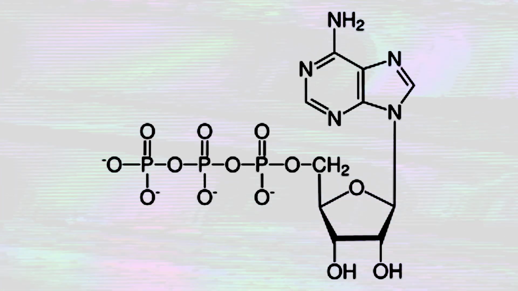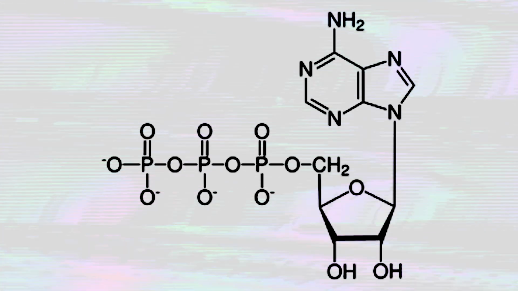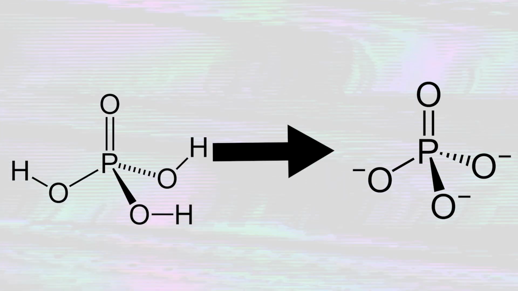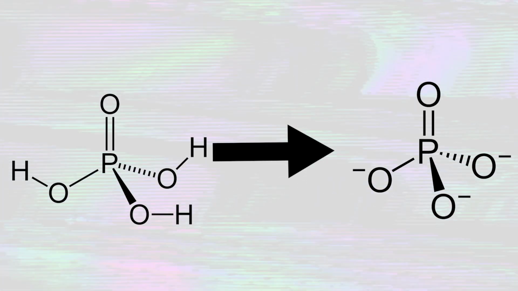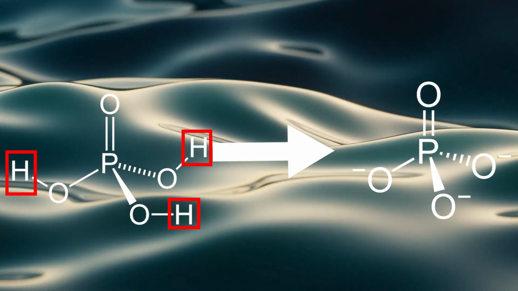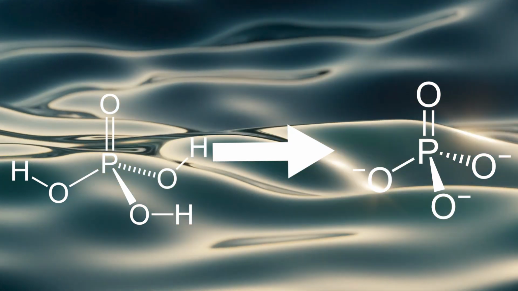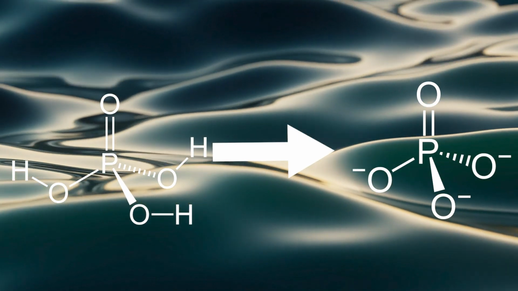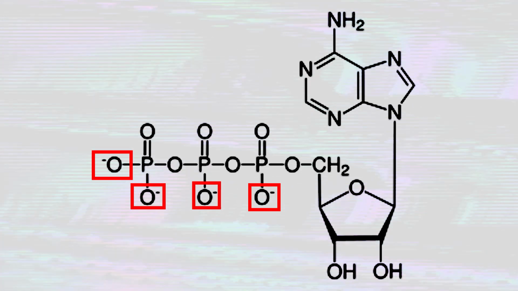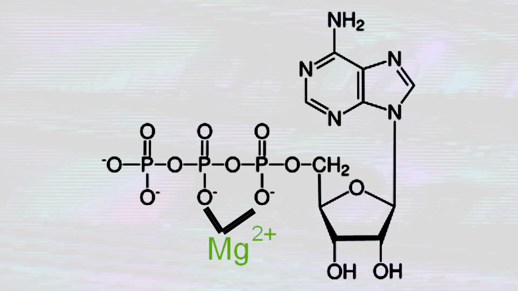If you look at the structure of an ATP or an ADP molecule, you'll notice that they have a lot of O- on them, because phosphate is a derivative of phosphoric acid. When this phosphoric acid is inside of solution, often the hydrogens will dissociate from the 3 oxygens to form PO4 3- as an ion, and then you're going to have 3 H+, which makes the solution acidic. This ATP contains 3 phosphate groups in a row, and in total it has 4 O-. Now, the 2 that need to be stabilized are